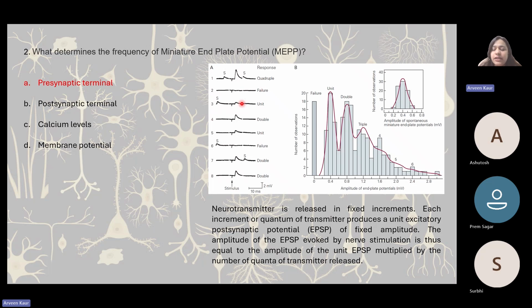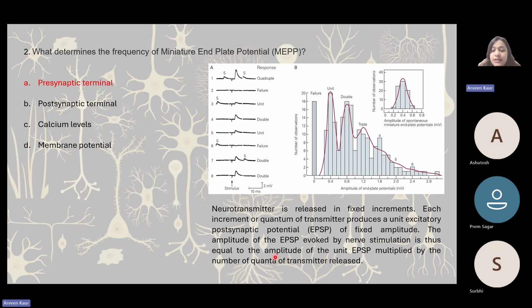Each increment or quantum of transmitter produces a unit excitatory postsynaptic potential of fixed amplitude. The amplitude of EPSP evoked by nerve stimulation is thus equal to the amplitude of the unit EPSP multiplied by the number of quanta of